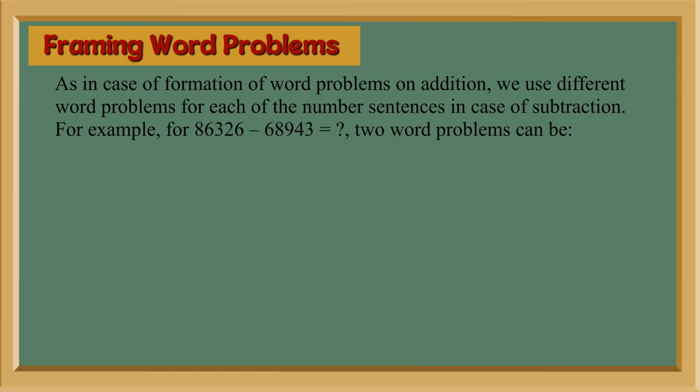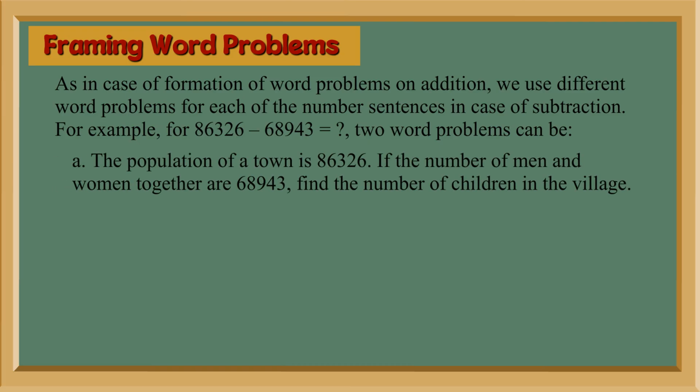Framing word problems. As in case of formation of word problems on addition, we use different word problems for each of the number sentences in case of subtraction. For example, for 86,326 minus 68,943 is equal to, two word problems can be: